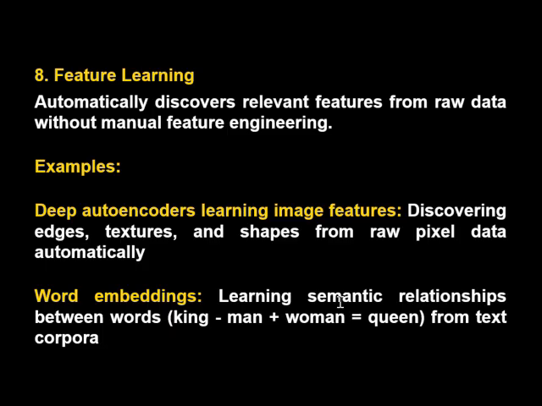Automatically discovers relevant features from raw data without manual feature engineering. Example, deep autoencoders learning image features, discovering edges, textures, and shapes from raw pixel data automatically. Word embedding, learning semantic relationship between words from text